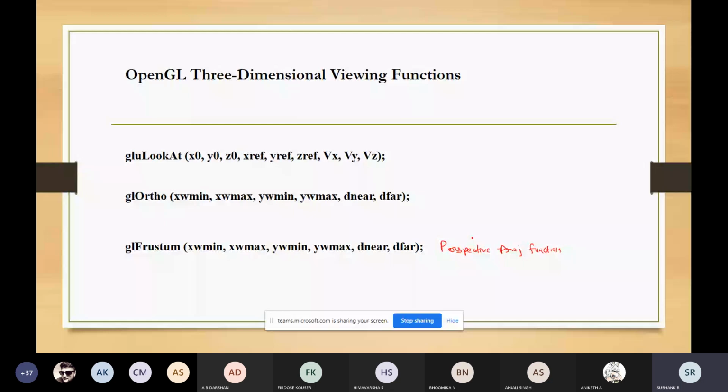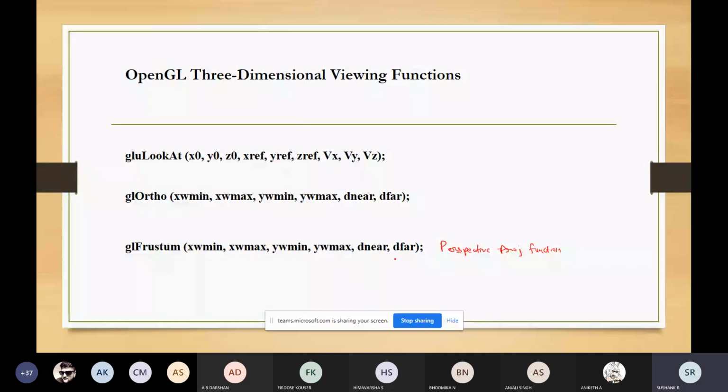For this the function is given by x window minimum, x window maximum, y window minimum, y window maximum, the near distance and the far distance. So what does this mean? This will give you the x coordinate, y coordinate, and the distance between the near clipping plane and the far clipping plane.